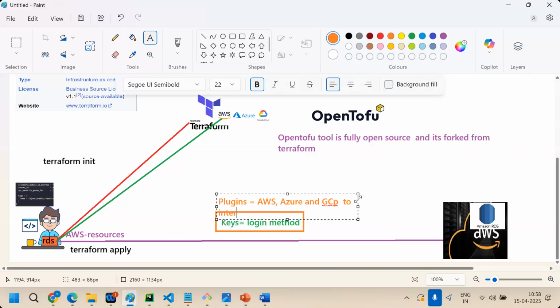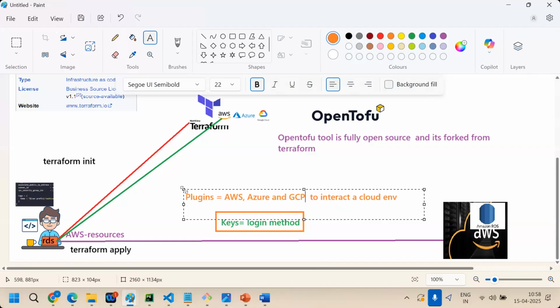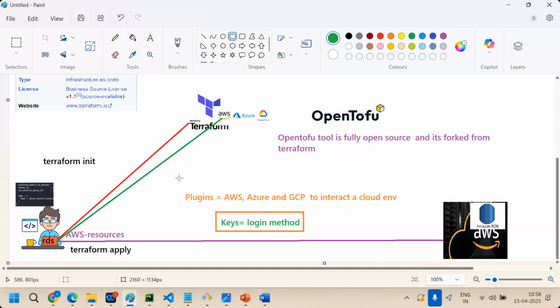So, to interact with a cloud environment, here plugins for AWS, Azure, GCP are used. So first we have to focus on these two areas.